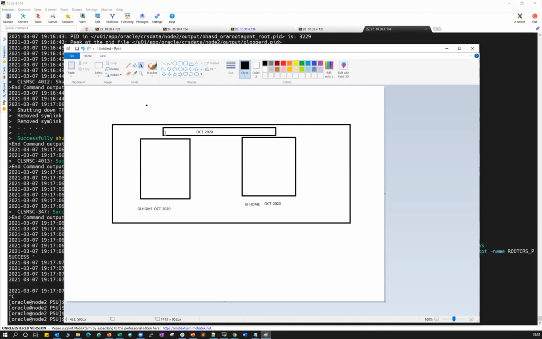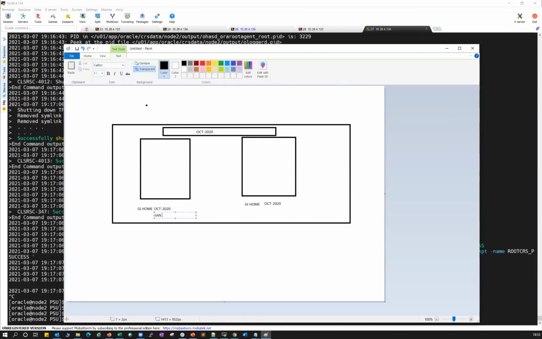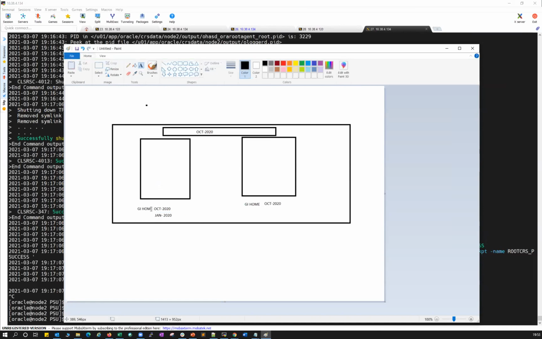Now if you want to patch this particular node to Jan 2020, this node becomes Jan 2020 patch level, and the other node is still at October 2020 patch level.